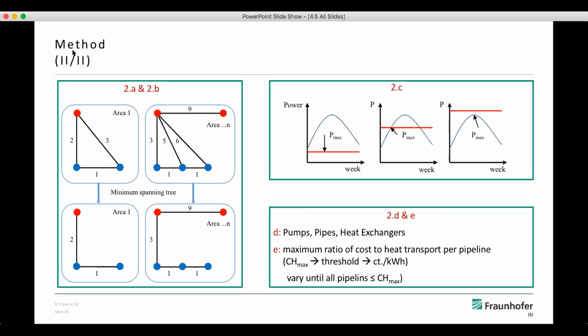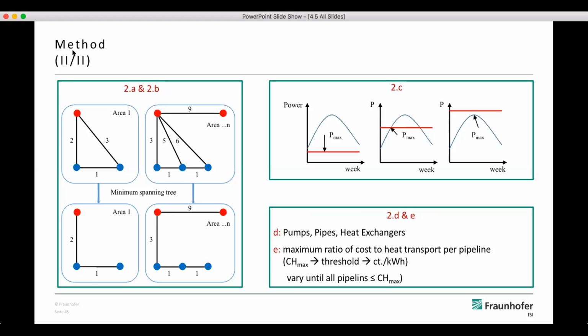And what we are doing here is basically only calculating the intersection, and based on this, we are deriving the maximum capacity we can transport between the heat sources and heat sinks. And then in the last 2 steps, D and E, we are somehow optimizing the network. So based on the flows we calculated between sources and sinks, we are sizing pipes, pumps, and heat exchangers.